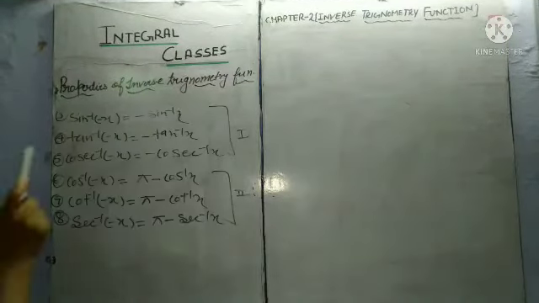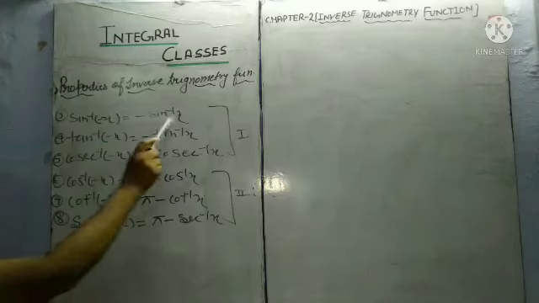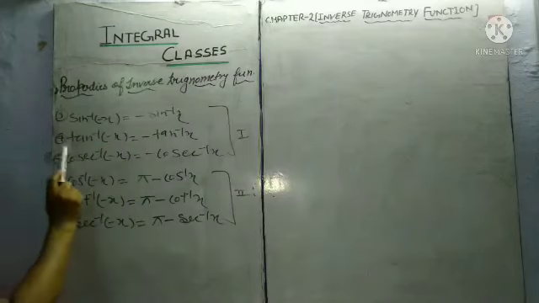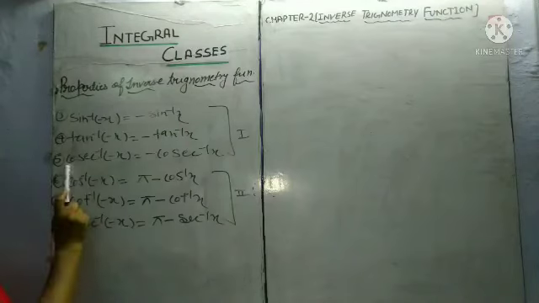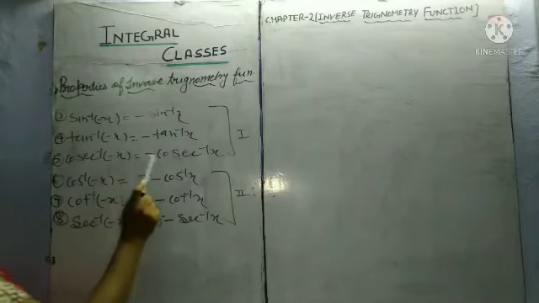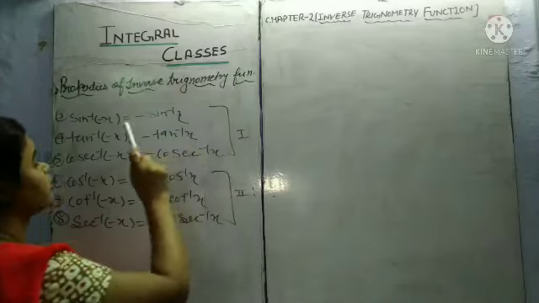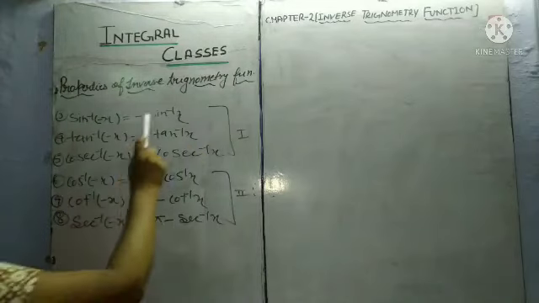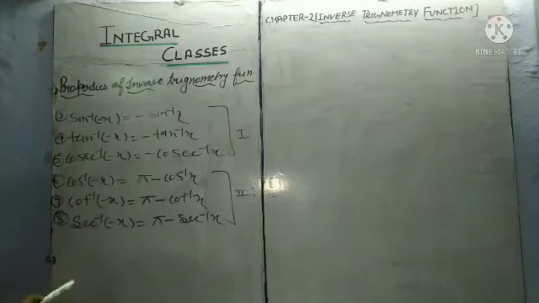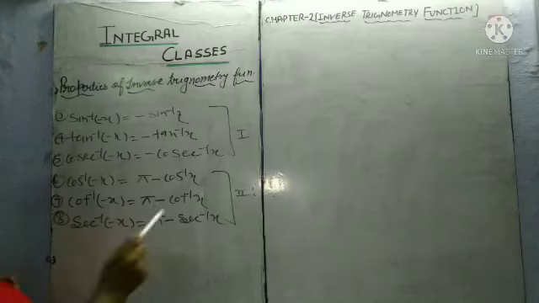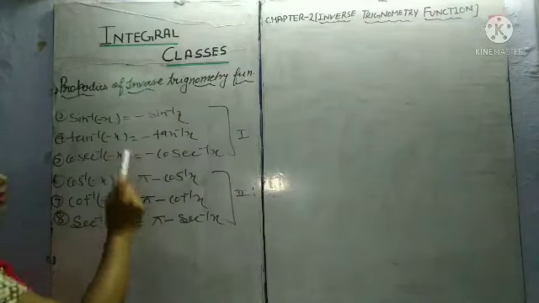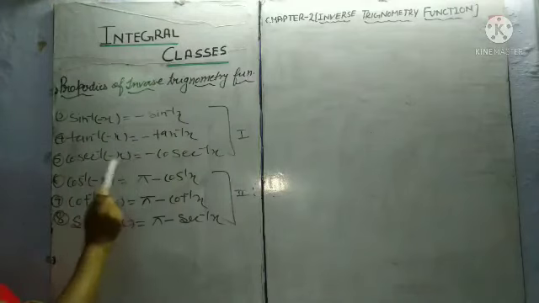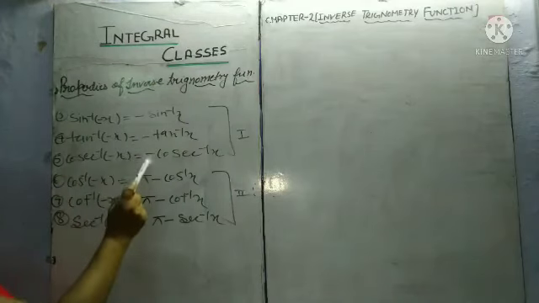Property third: sin inverse of minus x is equal to minus sin inverse x. Tan inverse of minus x is equal to minus tan inverse x. Cosec inverse of minus x is equal to minus cosec inverse x. Student, I will divide these 6 trigonometric ratios into 2 groups. First is this and second is this. Because in all 3 of these, the results are similar: we get the minus sign outside.